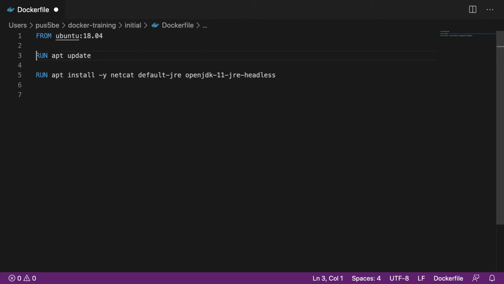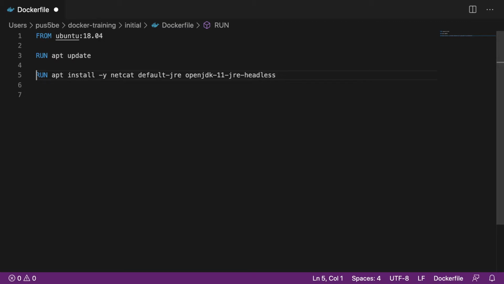Now the disadvantage here is that I already have the apt update layer, and meanwhile there is an update in the apt repository, and I am trying to install from Java 11 to Java 13. What would happen is apt update would not run because the layer already exists, and it's a bad way of design because there is an update on the apt and we don't know about it.